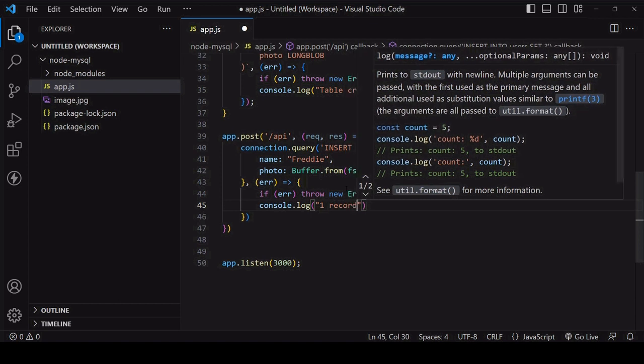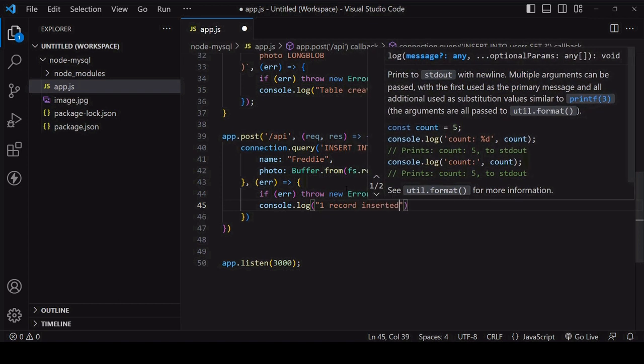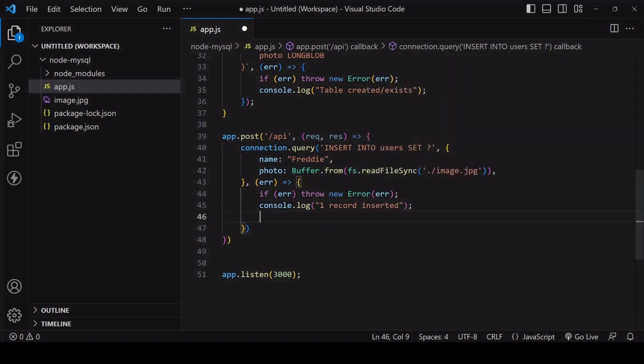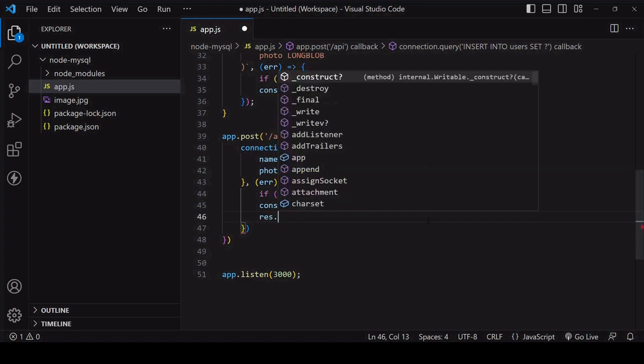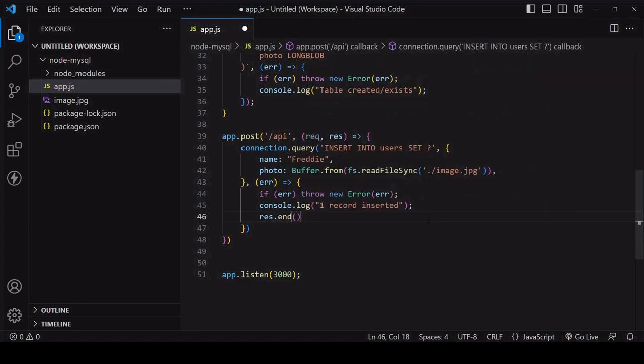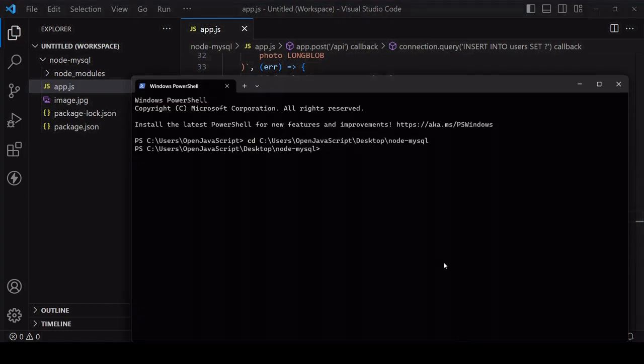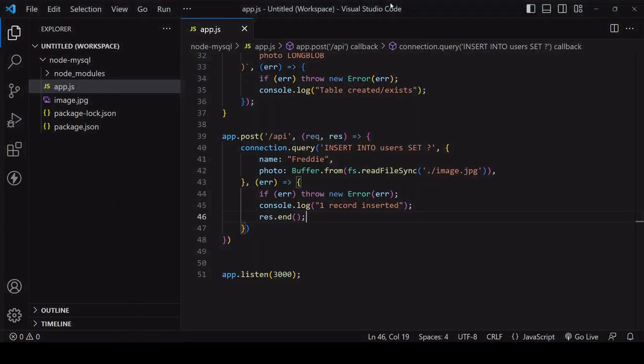If there's no error, then the data has been successfully inserted, and because this is taking place inside a post request, I'll end the request at the end of the function. Now I'm going to restart the app and post to the database. We need to make a post request to localhost port